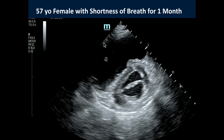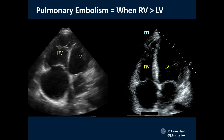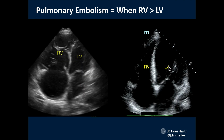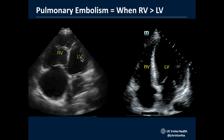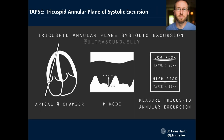It's being smushed by the right ventricle, which has such high pressures due to the fact that there's this blood clot. Normally in a pulmonary embolism, the right ventricle is smaller than the left, but when the right ventricle gets as large or bigger than the left ventricle, we see an RV strain. There's another way to measure the right ventricle